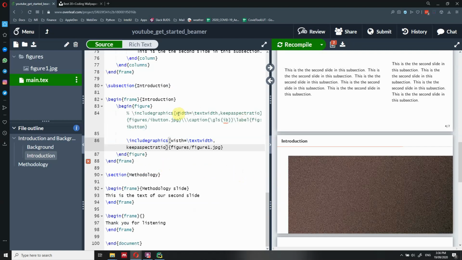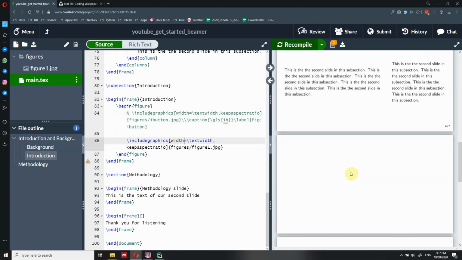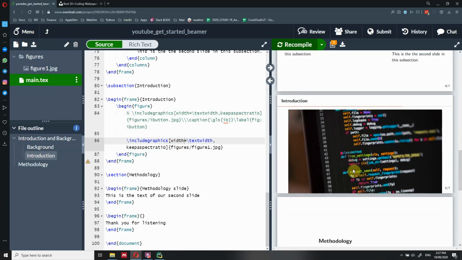We keep getting an error, of course, because I have a typo here. So let's recompile it and see what's going on. Okay, so we still have an issue. Now it's fine, and the picture is keeping the aspect ratio correctly. But since our slide has a different ratio from the picture, our picture is going beyond the slide. So we have resized it correctly on the horizontal axis, but we haven't resized it properly on the vertical axis.